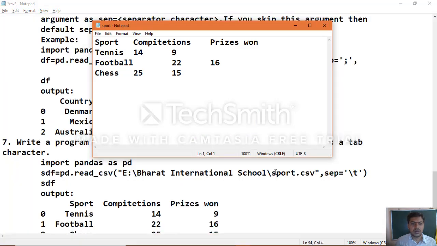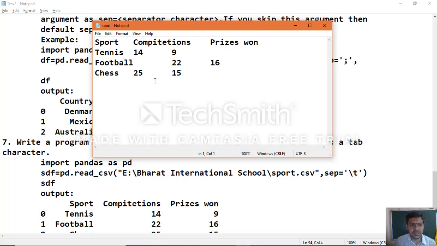Sport. So in the sports file which we use here, there is tab space. Okay, first value tab space, second value tab space, third value. Same way, next row, value tab space, between the values tab space.